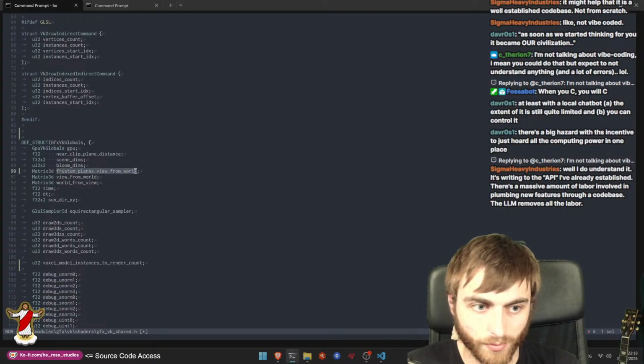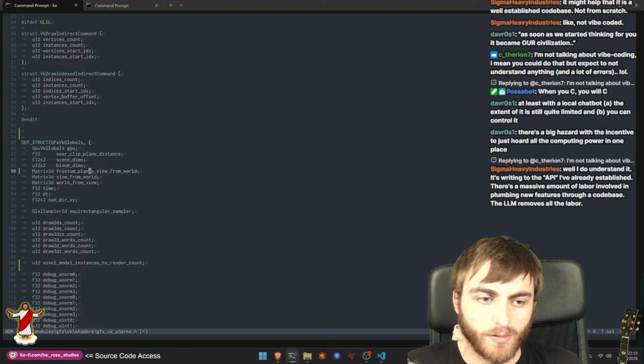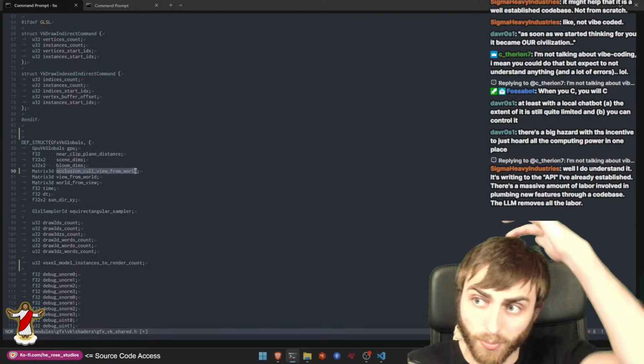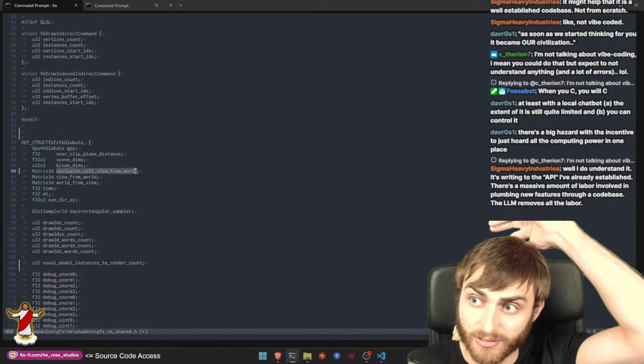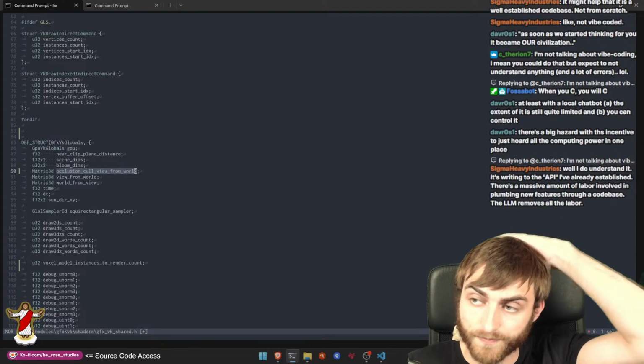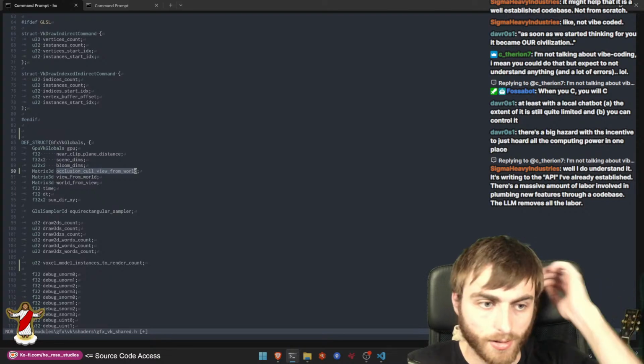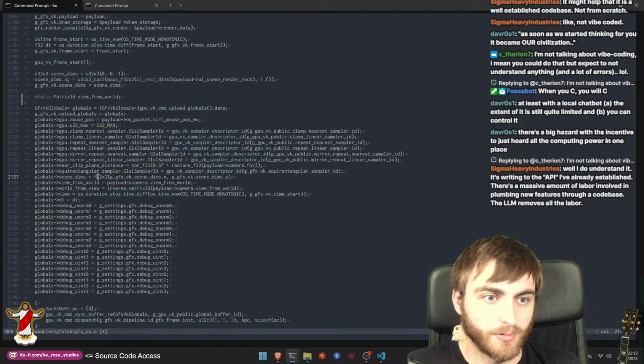Custom planes view from world. So we can call this occlusion cull view from world, because we'll probably need that for the, yeah, I don't know. Anyways,